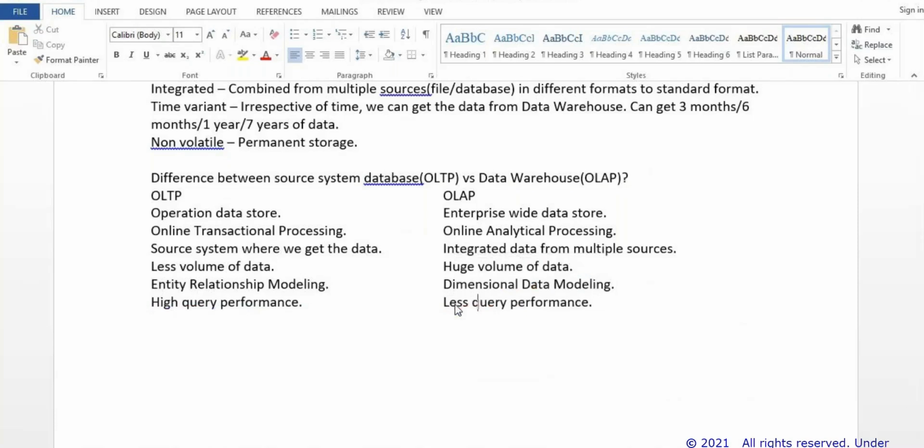Can you explain what query performance is again? Query performance is nothing but the time taken